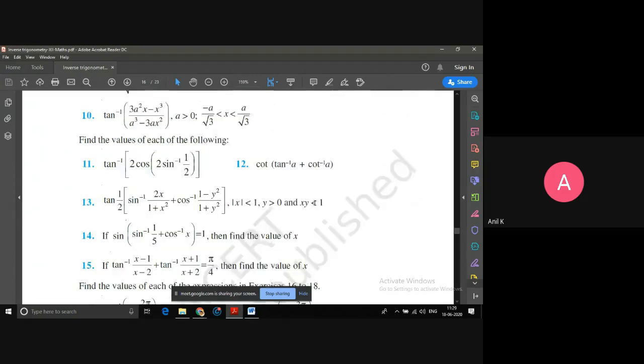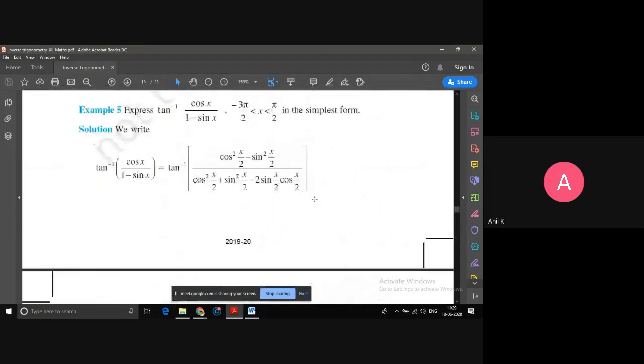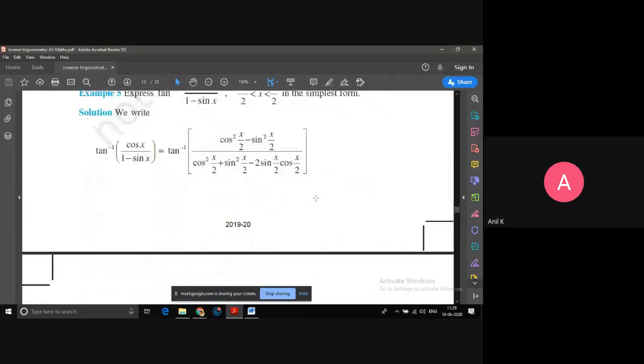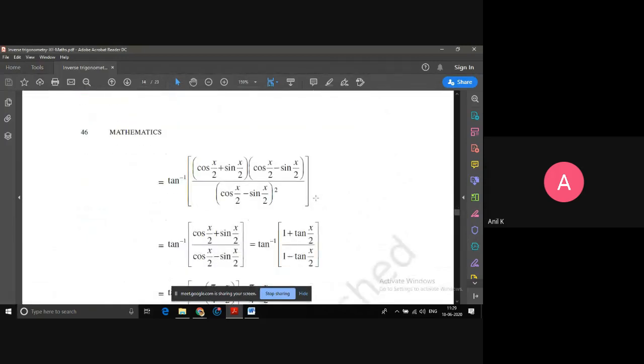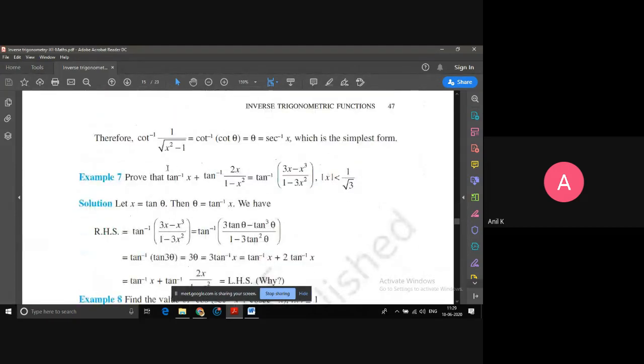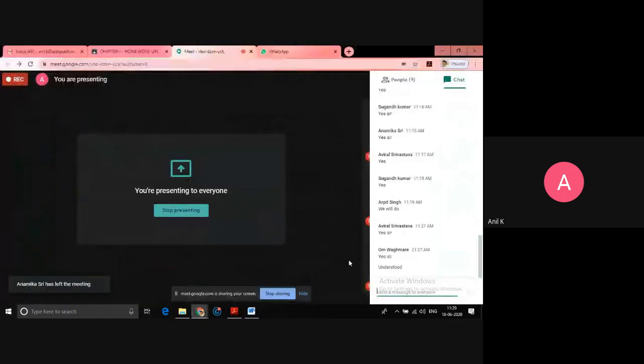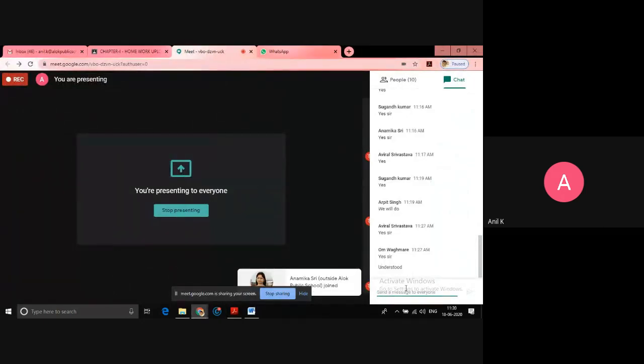minus a into b. I think we solved a similar type of question here. Yeah, this type of question. One of the questions we discussed. Yes, this question we solved, if you remember, tan inverse A plus tan inverse B. I applied the formula. Do you want me to solve it or can you try? If you want, I'll explain now, or if you want to try it out, just tell me. Can you try, or do you want me to explain?